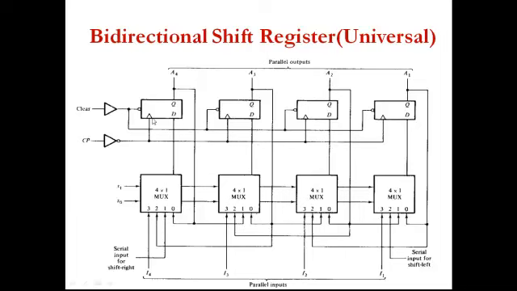Right shifting in the sense this output will go here, this output will go here, this output will go here. In this flip flop, the input is the input we are giving externally. The output of this flip flop is the output we are taking externally. So you see the external input for right shifting we are giving here directly, whereas this one is connected with the output of the previous flip flop. And the first line of this multiplexer is connected to the output of the previous flip flop. Similarly, this one is connected to the previous flip flop. So this performs a shift right operation.